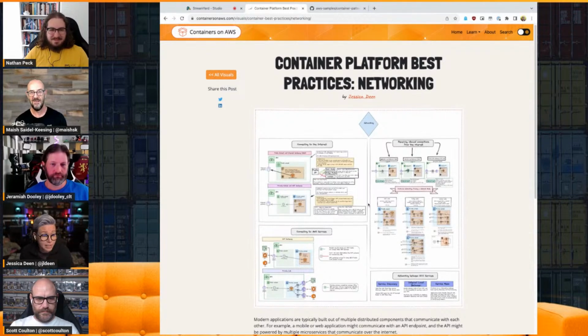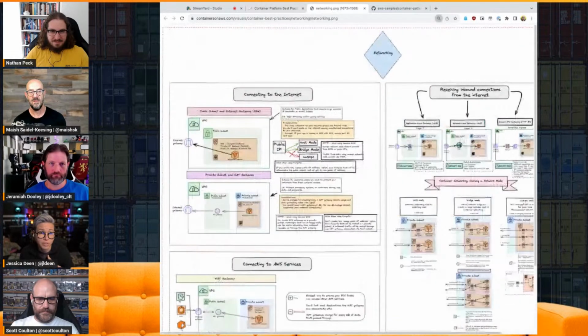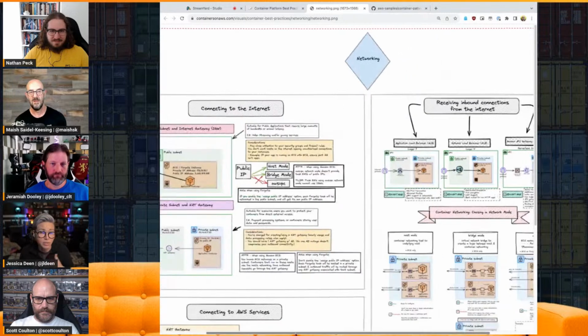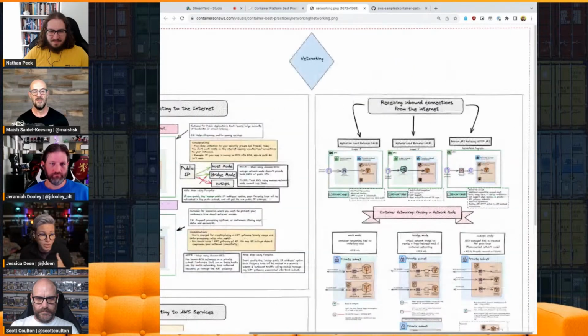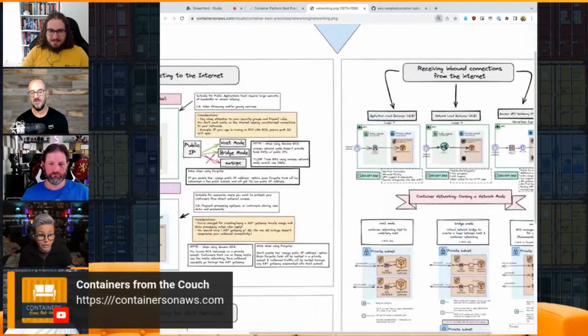So instead, I decided to put together comic book styles of drawings that I could talk about and discuss during this Chalk Talk. I broke them up into little focus areas. The Chalk Talk was focusing on container best practices, so we focused on things like networking and storage and running your application, security, scaling. And right now it looks very dense on there.